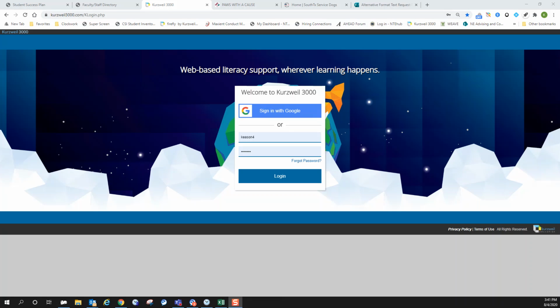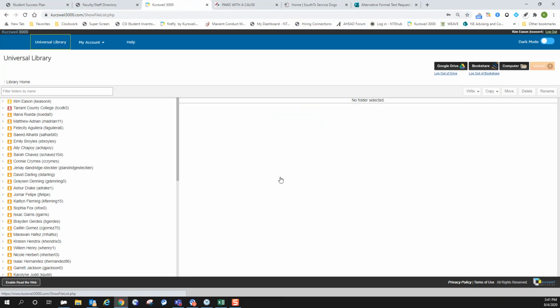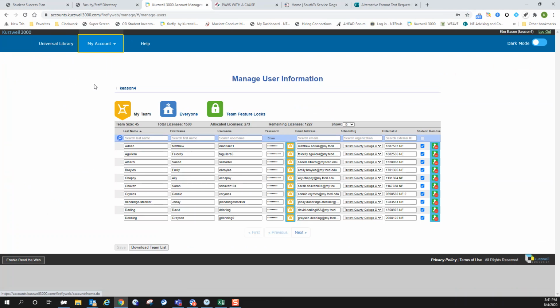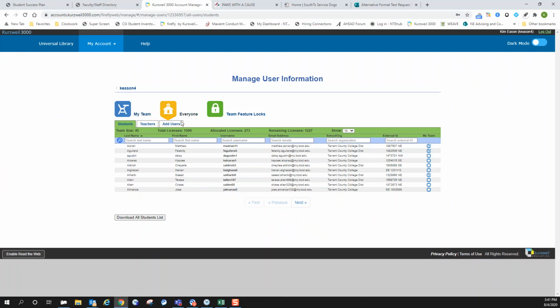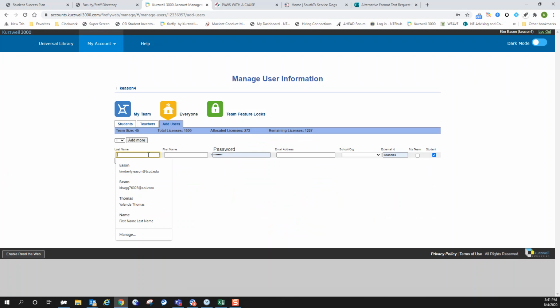To create an account for a student, you'll need to log on first as yourself. Click on My Account, go to Users, click on Everyone, choose Add User. You'll put the student's last name, their first name,